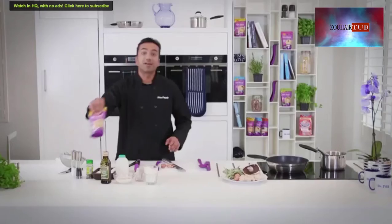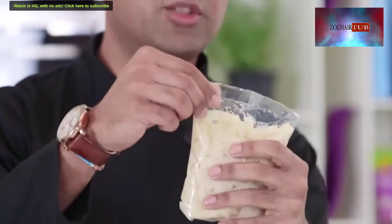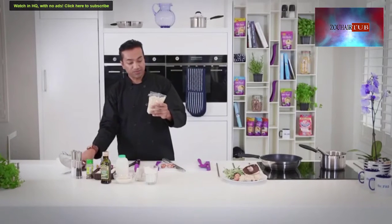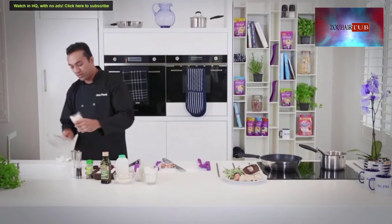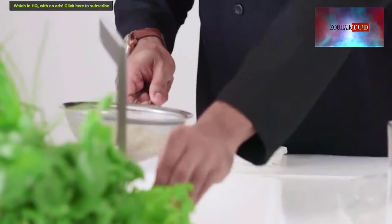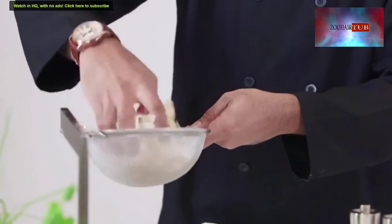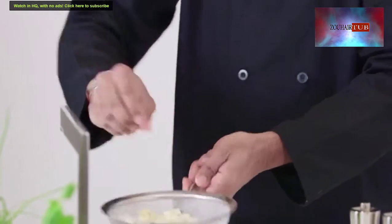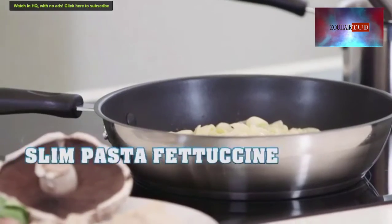And we'll prepare the pasta. The pasta comes in a clear bag like that. Now it is in water, that's normal. We just need to drain them out. So we'll cut that open. Drain it into a colander. Just wash with running water and squeeze the excess water out. And there you go. We'll just throw them into our pan where we want to heat the